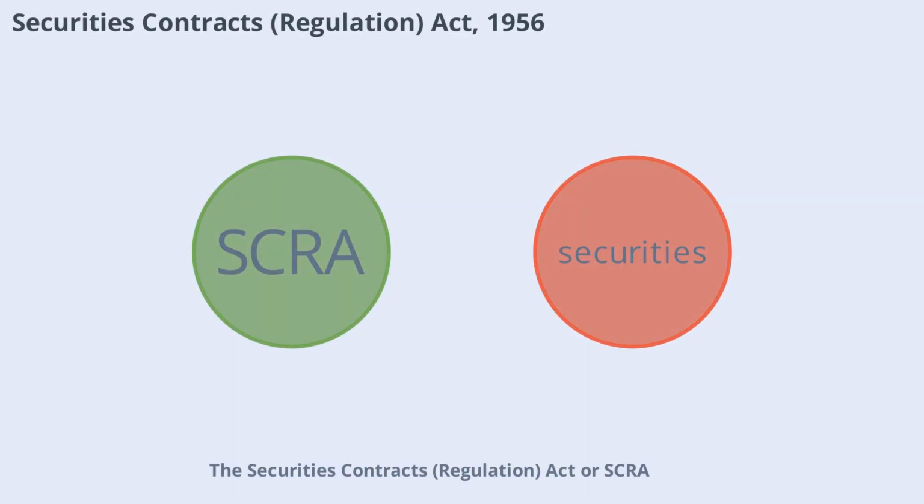The Securities Contracts Regulation Act, or SCRA, is a cornerstone of India's securities market regulation. It gives the central government direct and indirect control over stock exchanges, contracts and securities, and the listing of securities. The Act aims to prevent undesirable transactions and ensure orderly trading. It defines what constitutes a security, including shares, bonds, derivatives, and government securities, and lays the groundwork for the legal validity of derivative contracts traded on recognized exchanges.